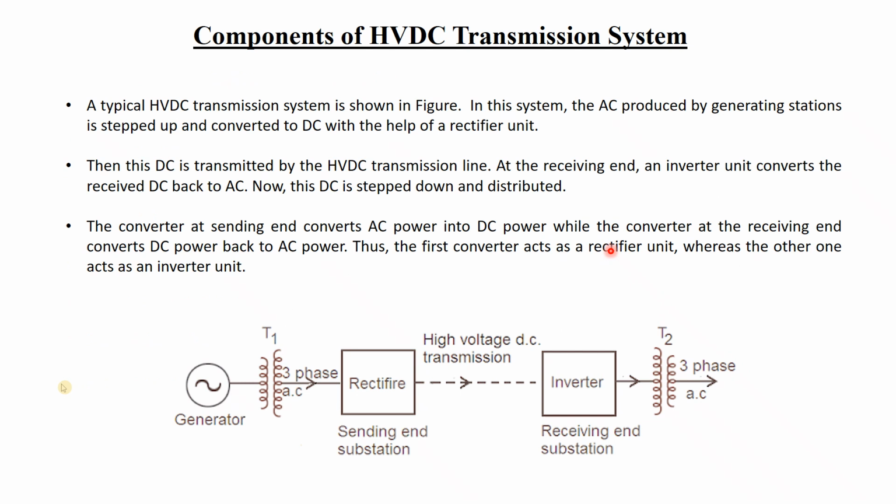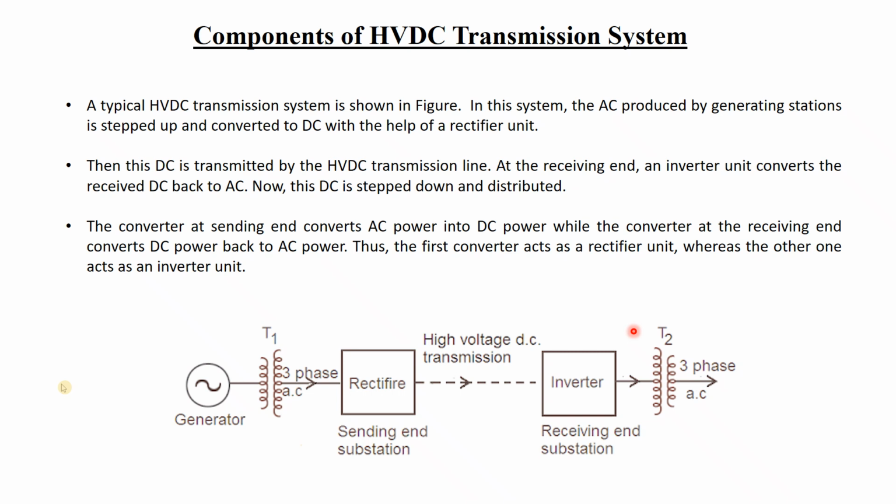Okay, now moving on to the next topic, the components of HVDC transmission system. So what are the different components of HVDC transmission? We all know that in transmission we are using an alternator, that is an AC generator, and it is 3-phase. Then we have the transformer. The transformer will step up the voltage, but then it will convert to single phase, because HVDC will carry only single phase. That means it is carrying positive and negative.